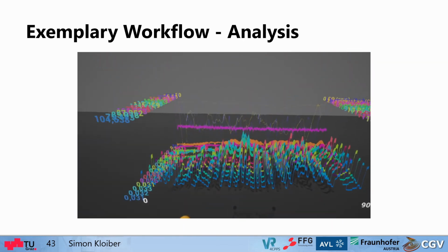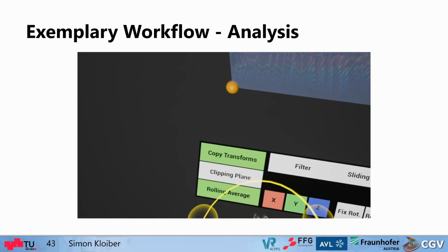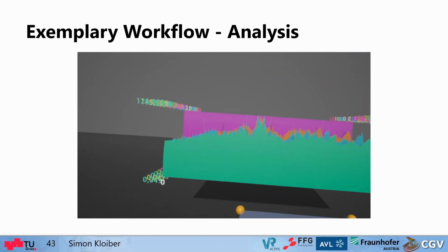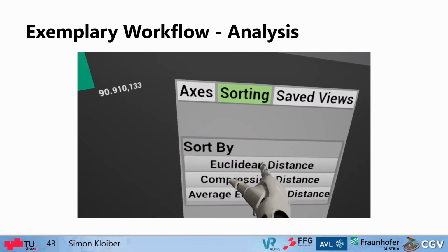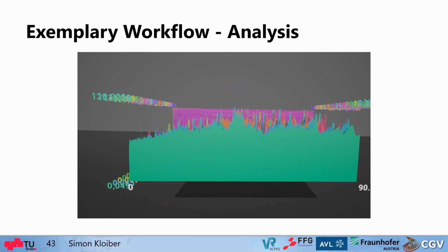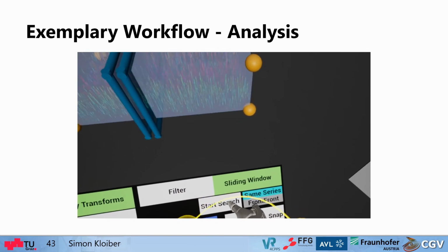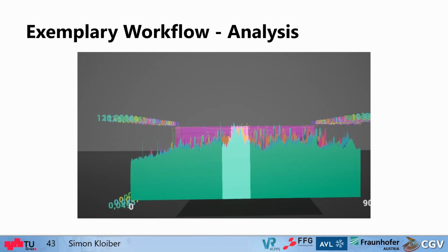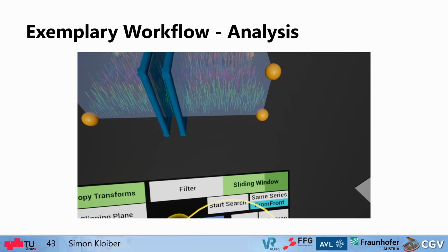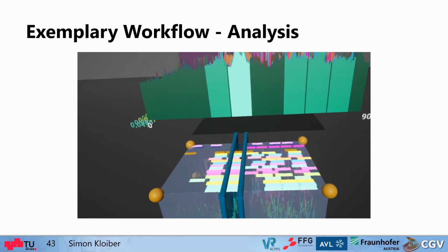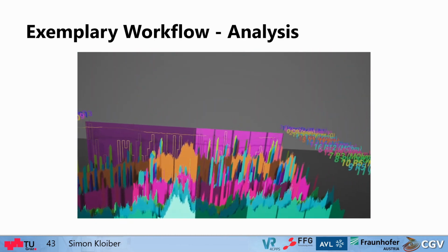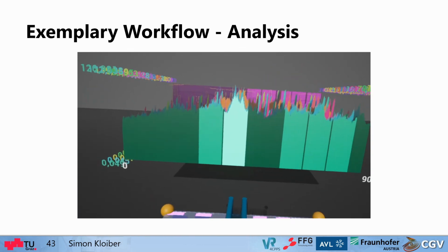Here we see cycle 10 and its rolling average view, but maybe we want to look at the data in its original form. Let's slide sensor 11 to the front, the one that we selected before, and sort all the other ones according to the Euclidean distance. And now we have the similar sensors to the front. We can use a sliding window search to search for similar patterns on the data now. Our search results are highlighted again on the proxy and on the visualization itself. The more bright spots indicate where the original selection is located.